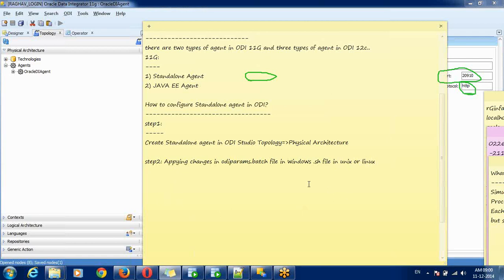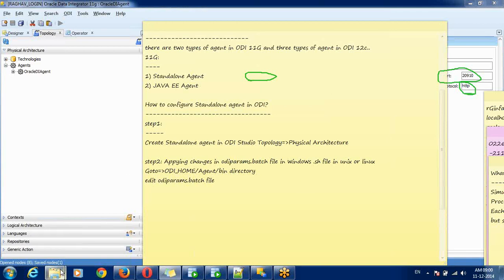Go to ODI home, agent, bin directory, and edit the odiparams batch file.